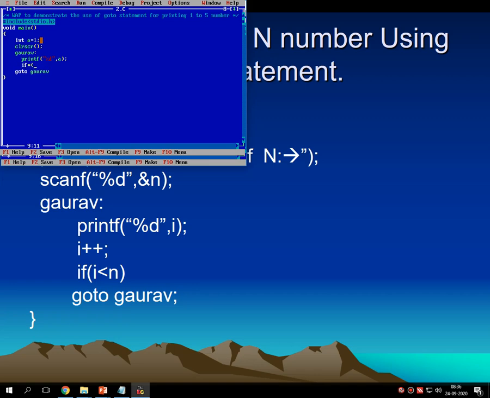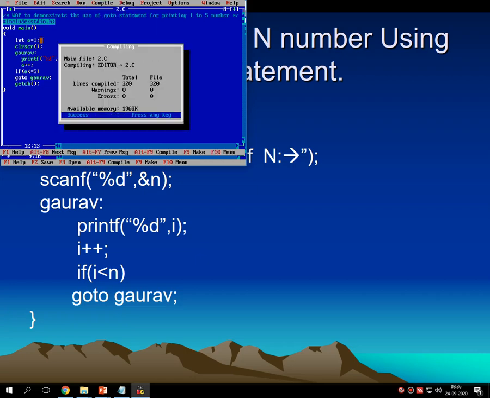So if a is less than or equal to 5, go to Gaurav, and for this here I am incrementing the value. Let me check first whether it will work or not, then I will explain the entire code again.